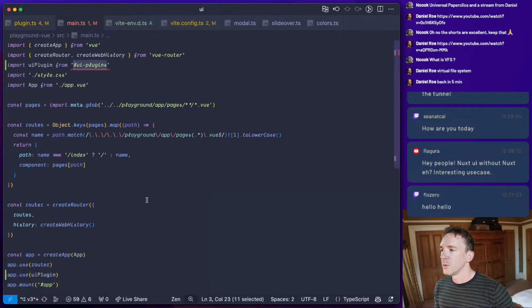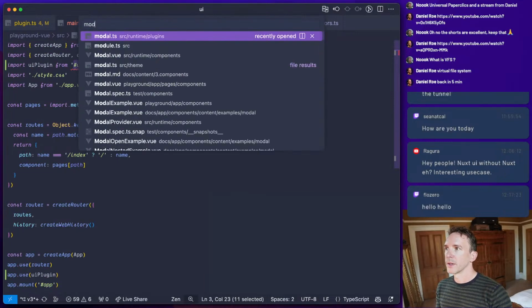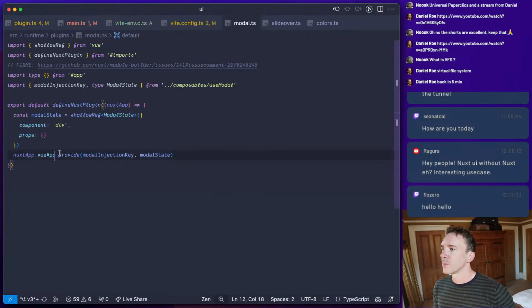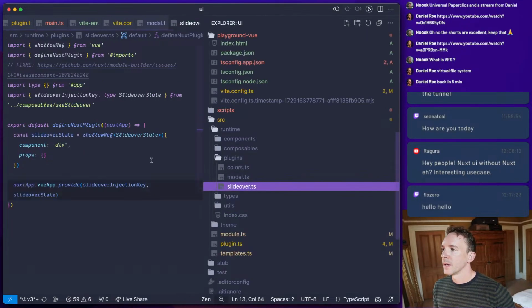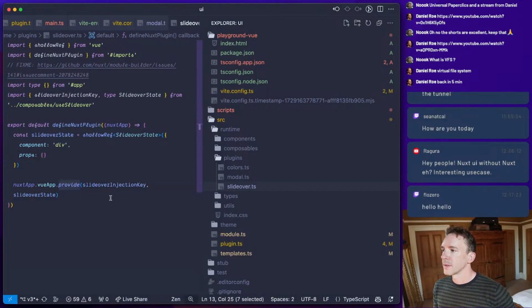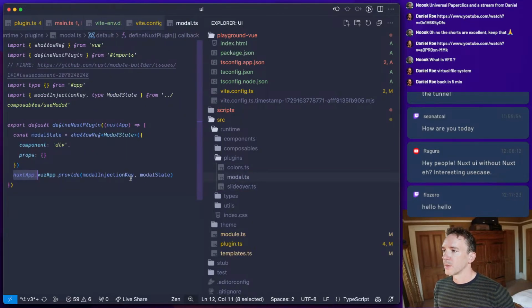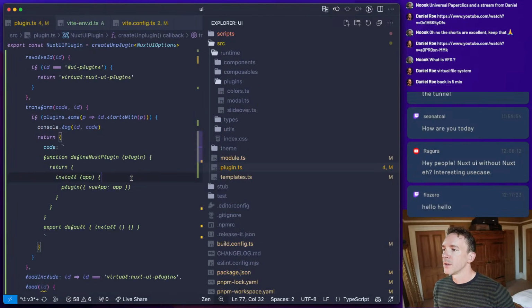And do we do anything else in these plugins? We just accessed provide, and slide over, we just access provide exit. So we're just accessing the Vue app. Colors is more complicated. We'll have to do that in a second. But this should be fine.